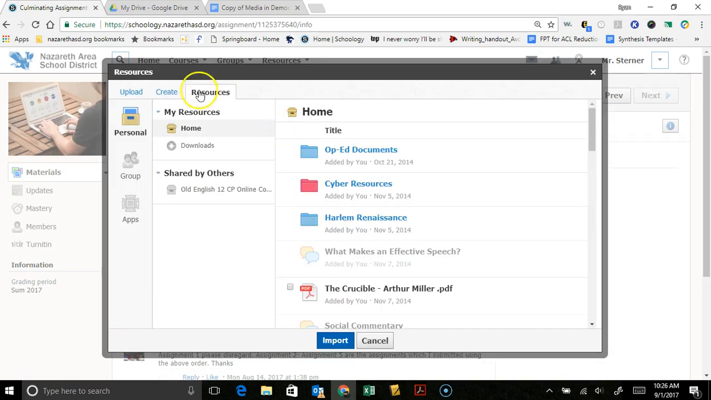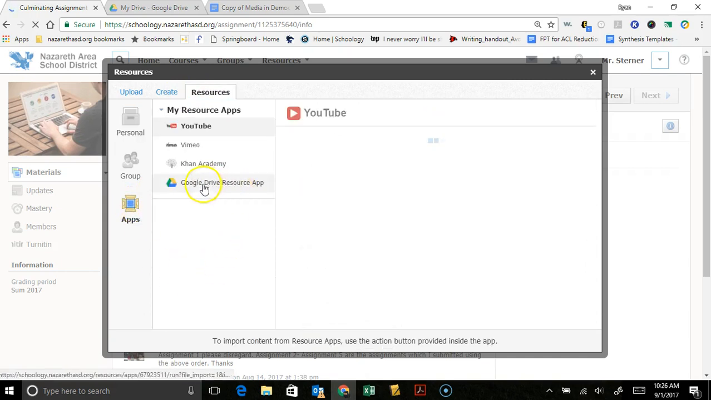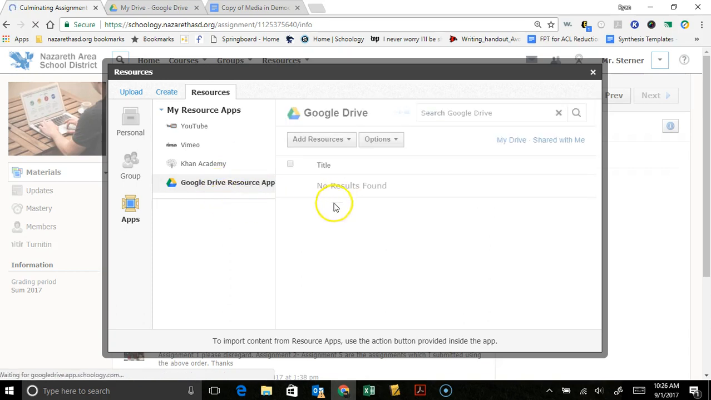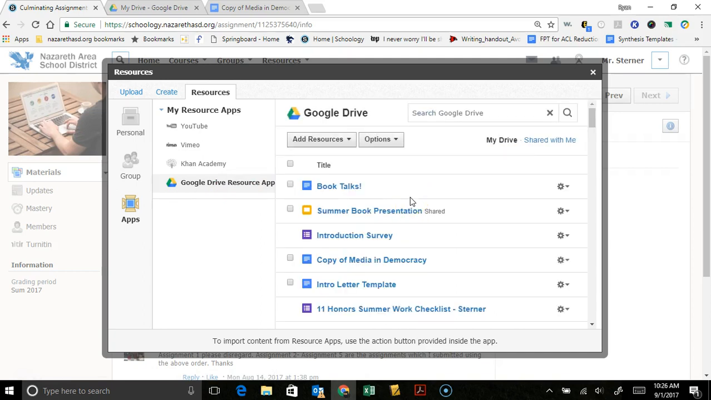However, what you will do most often is this Resources tab. Notice if you click Resources, here it's going to show the resources that I have created in Schoology, so you will probably not see anything here yet. When you click on Resources, if you click on this Apps button, you will have a list here that says Google Drive Resource App. If you click on that, it may ask for permission to access your Google Drive. If that's the case, you want to click the button that says Approve, but I have already approved it